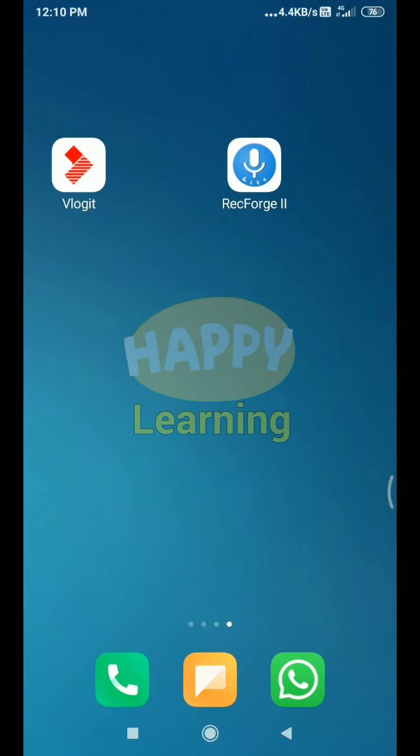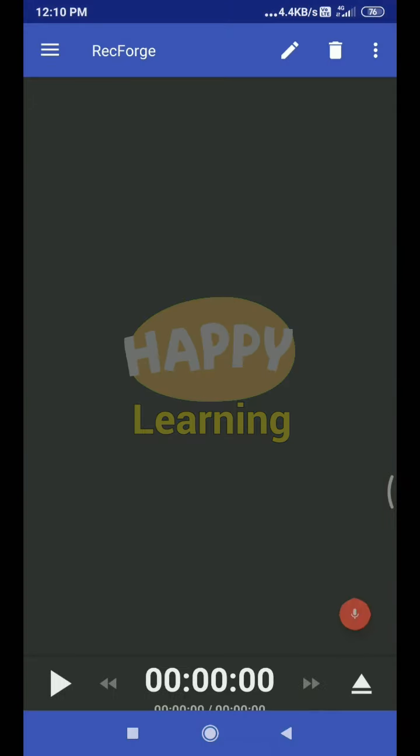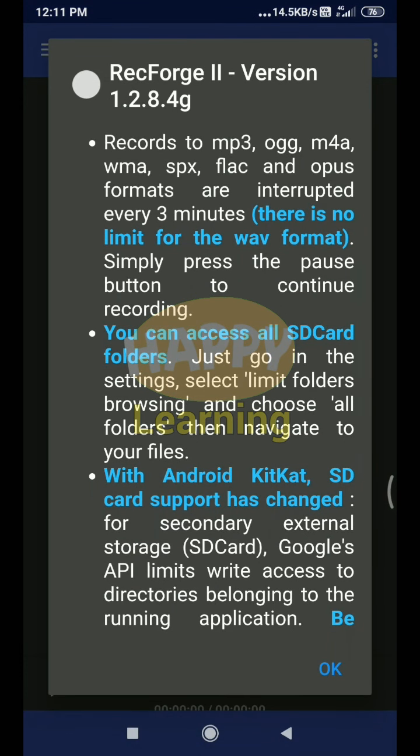Welcome, sir, madam. This is about an Android app, RecForge 2, which is an audio recording app which gives a MP3 file as the output, which is most useful in video editing. So I downloaded it from Play Store. See the name RecForge 2, and